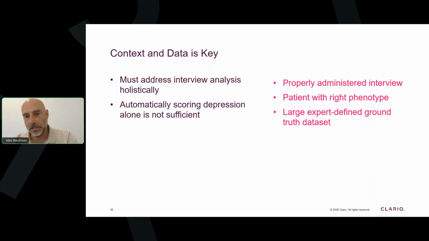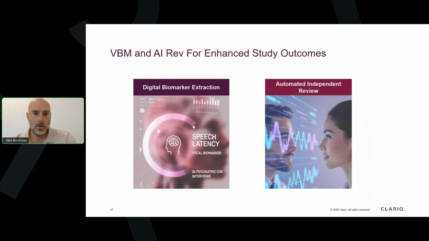Now, to support that, what's really critical here is to have a really large and well-defined expert data set, right? Expert defined data sets as a ground truth to make sure that you can actually properly train your system and that you can properly validate it. If we move on to the next slide. So what we built here at Clario are actually two systems. We've built a system for automatically extracting the digital biomarkers, in this case speech latency as a vocal biomarker, which allows us to identify the phenotype of the participant as well as other metrics. And we've also worked on building an automated independent review system that provides the depression score automatically, but also analyzes the full interview from a quality and completeness perspective as a calibrated expert would. So if we move on to the next slide,